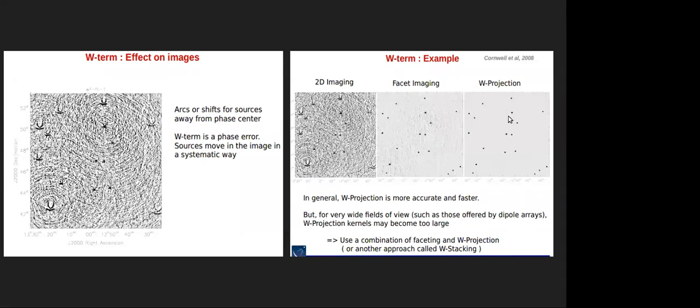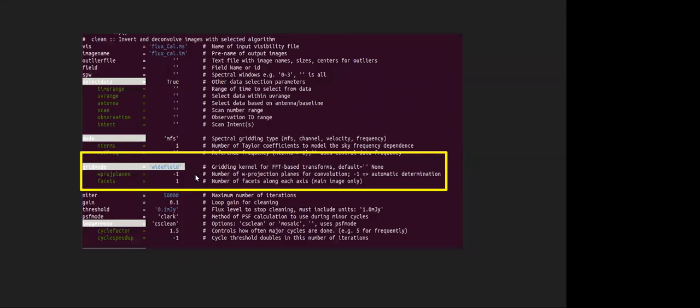But if you do the W projection algorithm, which is from Cornwell et al. 2008, where it was first published, and then you can actually remove this arc like structure around those bright sources. So you need to solve for the W term effect here. So this is the option here. If you choose grid mode widefield, and if you know how many W terms are required, you can provide it here. But I choose -1.